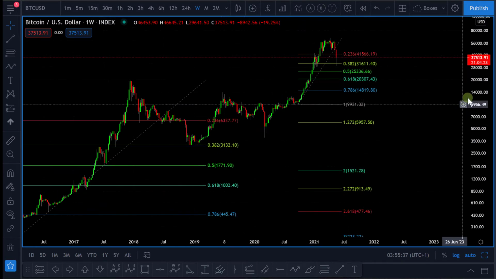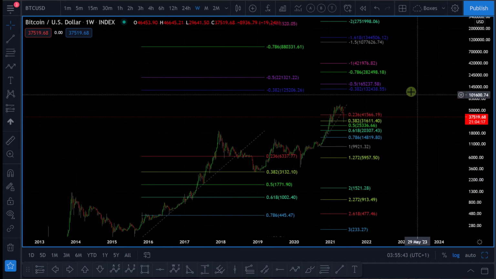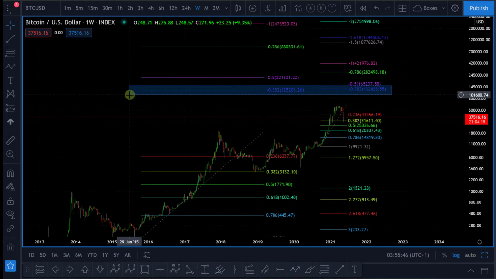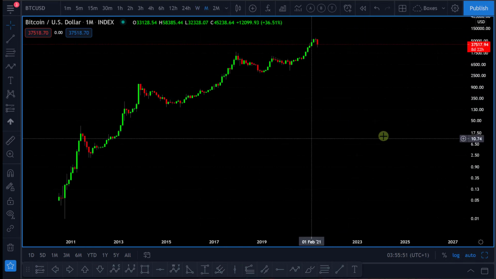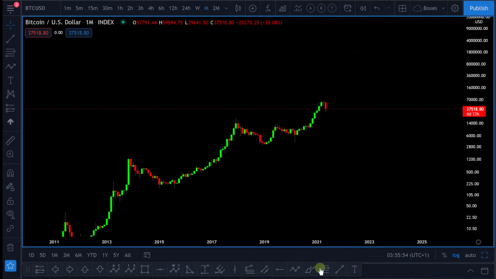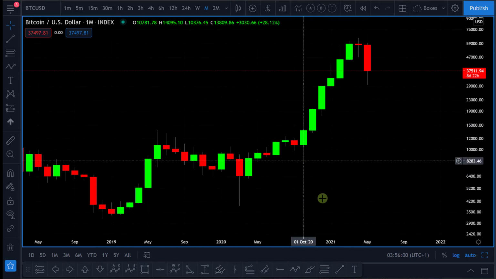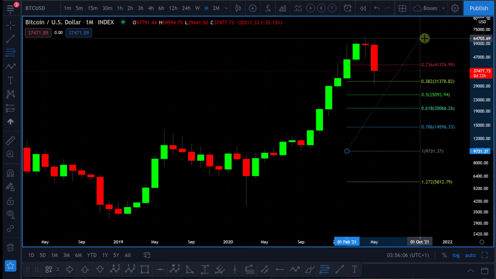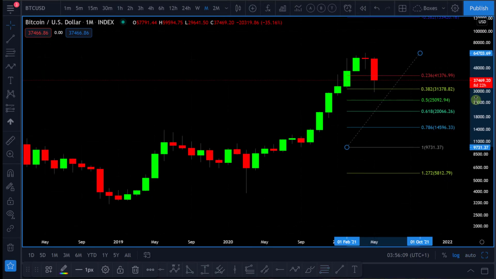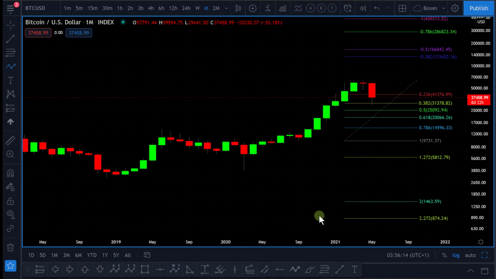But check this out. Let me show you. You have to bear in mind, it gets a bit convoluted. Do you see both 0.382 are aligned? Let me show you again. Just be with me. Let me move to the monthly chart so you can know where. So I'm taking this move. Sorry, which move was this? Yeah, this move down. So I'm taking this move down all the way to the highest point where we started retracing. Check where 0.382 is. Okay, that is the next target for this algo, which is around